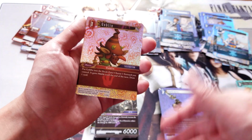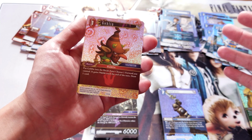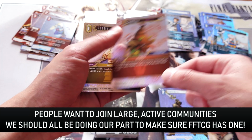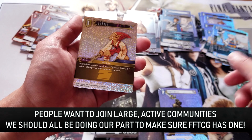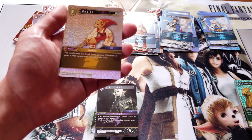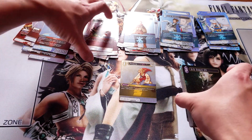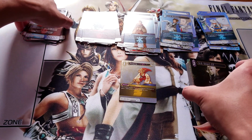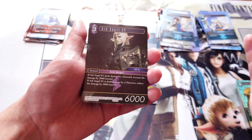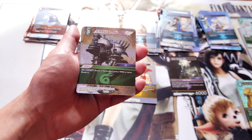But what if they found the group and it's 50,000 members strong, and there's people commenting all the time, setting up events, inviting people over? That's going to do a hell of a lot for getting new players into the game, because they're going to be like, oh, this is sweet. It looks like there's a lot of people playing. It looks like a really mature, grown-up community with a lot of players actively playing. And it sounds like I could have a lot of fun doing this. I think it's important that we foster that by having everyone join these communities and contribute regularly,